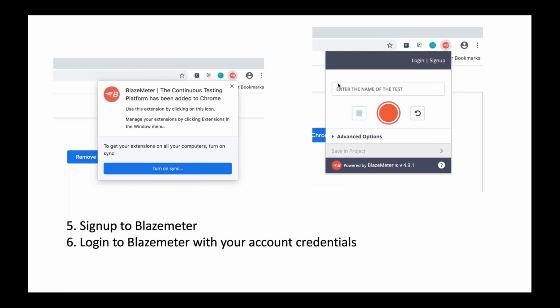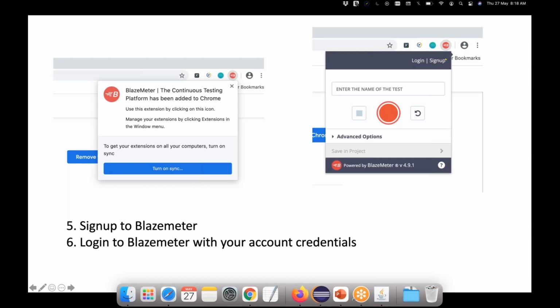And then we have to log in. But as we are just now downloading and starting to use the BlazeMeter plugin, obviously we have to click on this sign up link. You can see here in the top right corner, we have this sign up link. Go ahead and click on that and it will navigate to the BlazeMeter web page. Go there and try to sign up. Whenever you are doing it for the first time, register with your personal email ID or whatever you feel like, and then log in with the registered user.